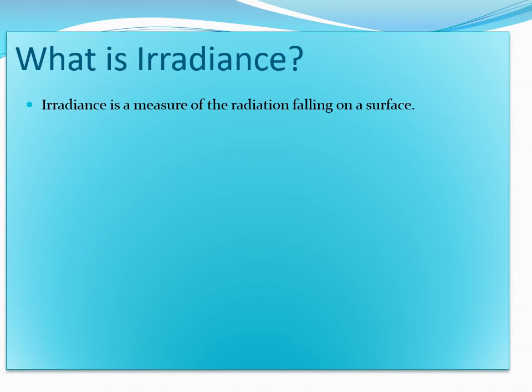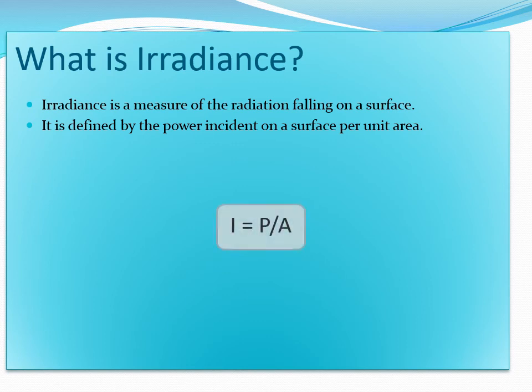The physicsy definition of irradiance, though, isn't just brightness. It is defined by the power incident on a surface per unit area. So the power falling on a surface per unit area, and is defined by this formula. So if you are struggling with a definition, what I always suggest you do is look at the formula and then just say what you see. So irradiance in this case is I,